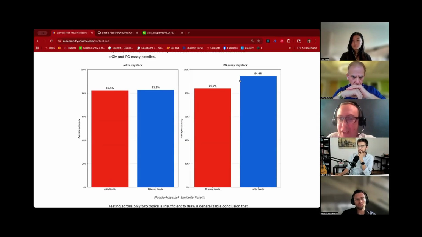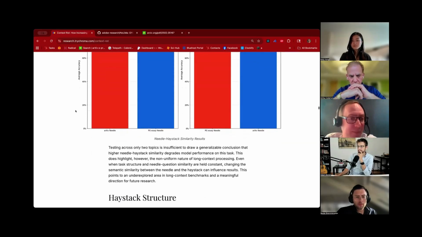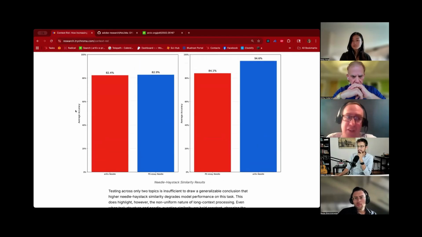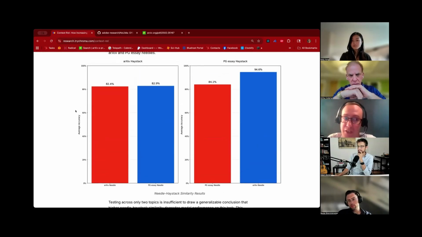And I would echo the point that was made earlier about error bars and about asking ourselves, really repeating these experiments over and over again, and asking ourselves, in the average case, how performance varies, which I feel is perhaps missing from this picture. In any case, that's the idea here, and I certainly hope that the needle haystack similarity versus needle question similarity is clear.